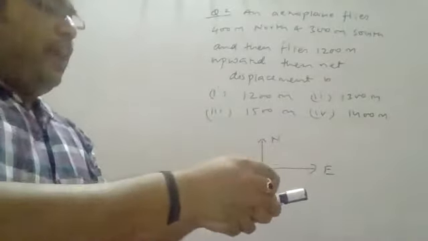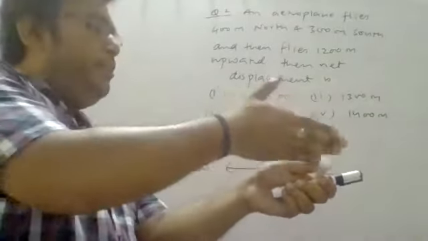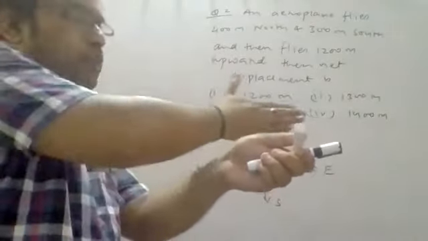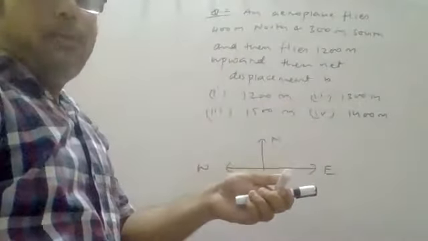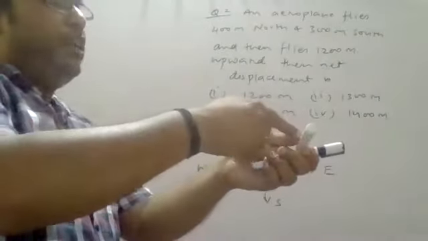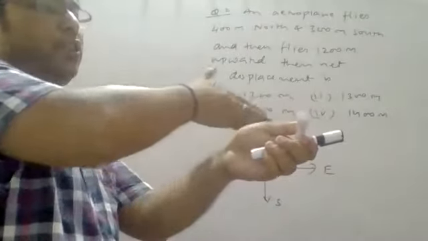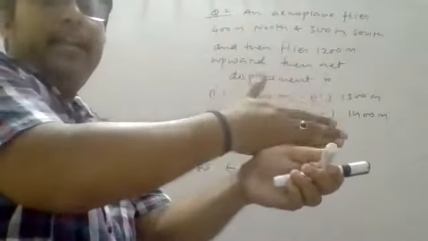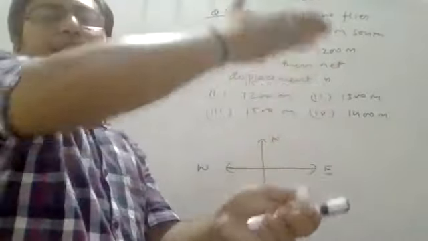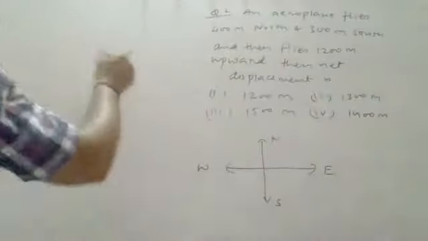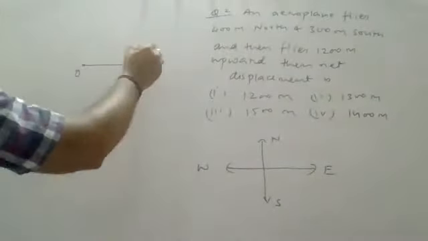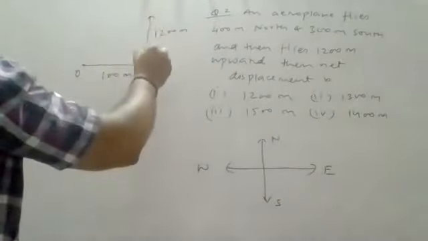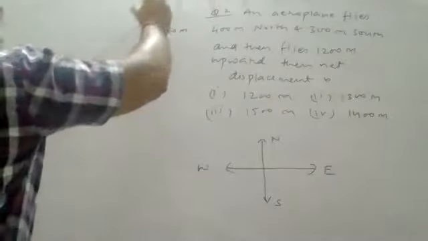Now first see it. I am saying the airplane is going 400 meter north, that is going this side, 400 meter north, then it is coming 300 meter toward south, that means it is coming back. So overall distance from the origin point will be only 100 meter. It is the origin point, 400 meter north, 300 meter south. So distance remaining available is here 100 meter only in north. And now the plane is going 1200 meter upward. Then my sketch for displacement will be what? It has the origin point, then towards north 100 meter left, and upward 1200 meter left. Let's suppose this is A point, this is your B point. Then displacement will be what?